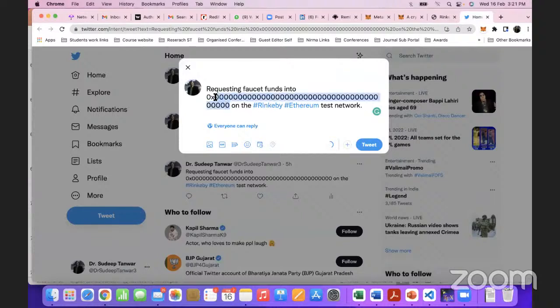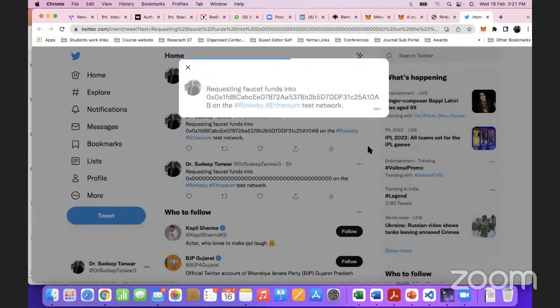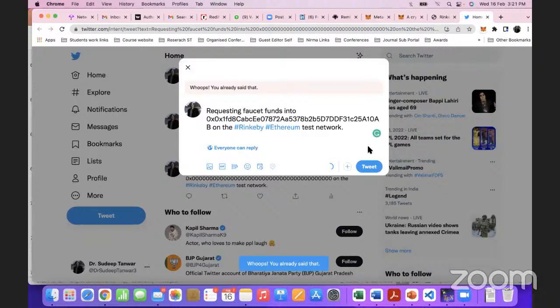and once I click on the tweet, I just replace this 00 with my MetaMask address and tweet this. Okay, and it says that you have already done it, because if you are doing it on a single day, it will not allow you to retweet again. On the 16th of February at 12:10 p.m. I already initiated this transaction, and 18.25 ethers will be transferred to my account,